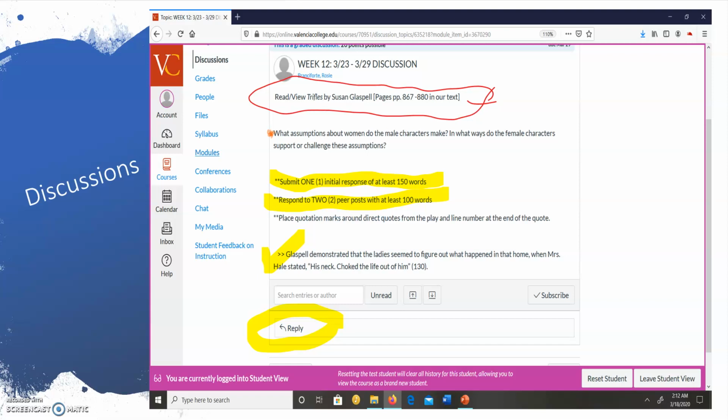So follow along in your book and view it, and you'll be able to understand it. So once you've done that, take a look at the question. And then I want you to submit an initial response to this question of about 150 words, and then I want you to respond to 2 of your peers. So read, view, understand the question, write, and I want you to use lines from the play to support what